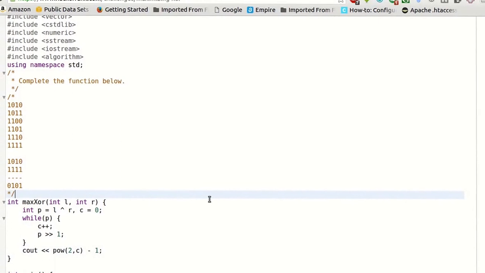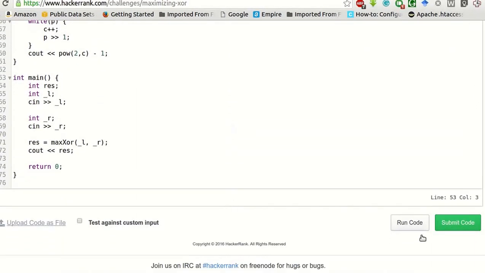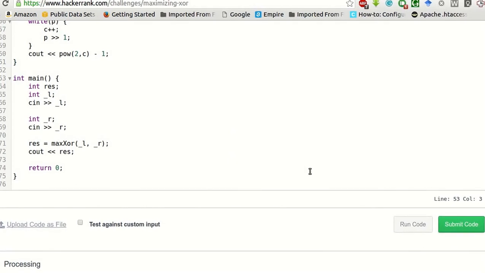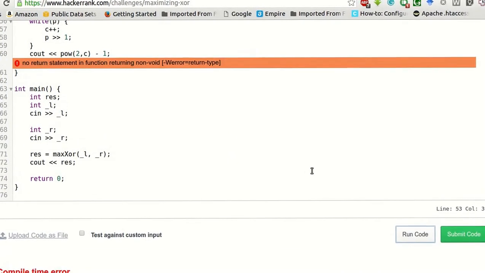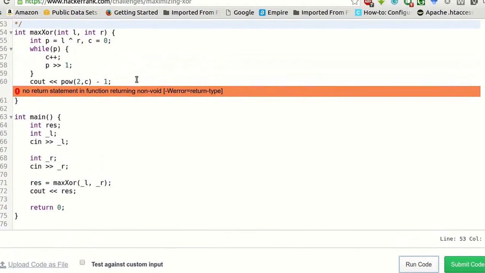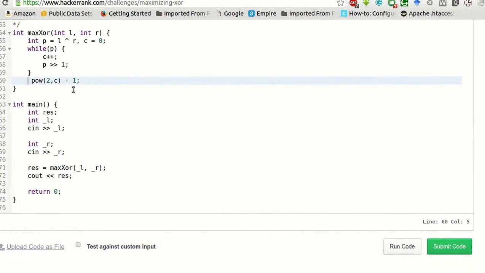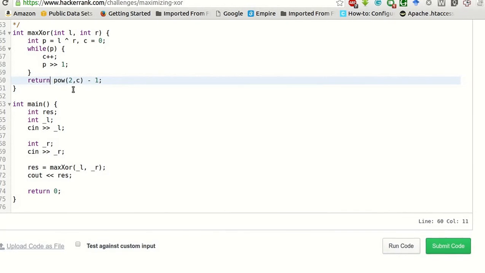Okay, let's try to run this test case. Here we do not have to print it, we have to return this value.